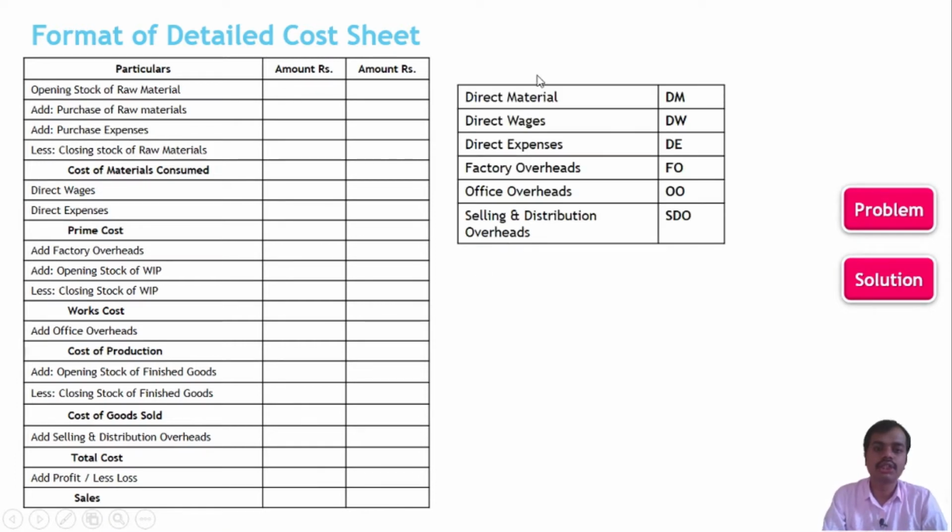Now we have these heads of cost which we use in the cost sheet format. What we will do, we classify all items given in the problem in these heads.